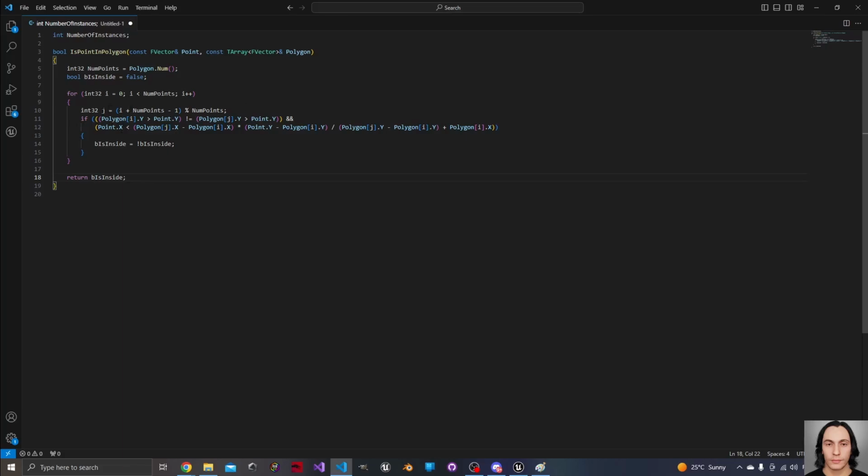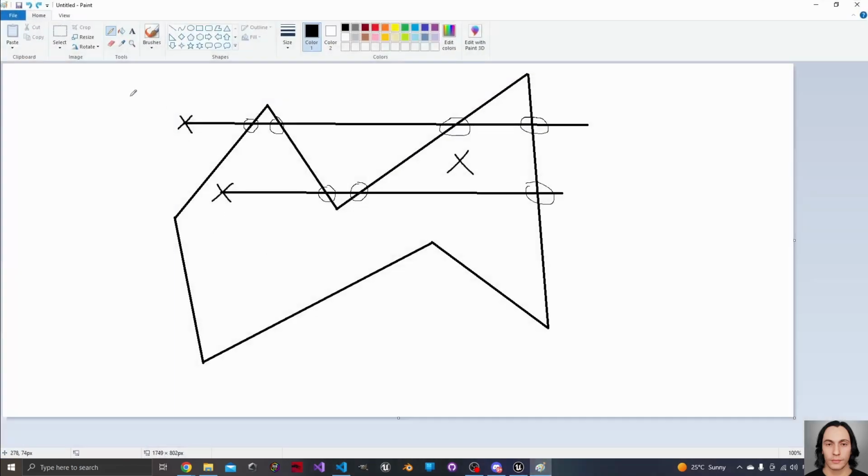Before that, let me explain the J index here. The I index is just an index that goes from 0 to the last point, and the J index is created to designate the previous point to this I index. For example, let's go back here. If we name our points here A, B, C, D, E, and F,